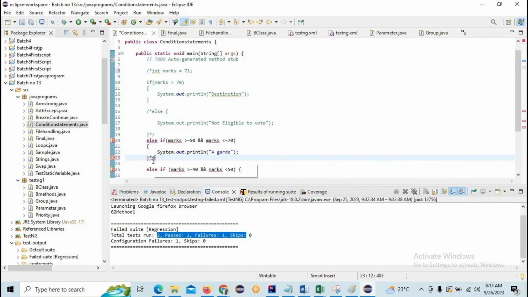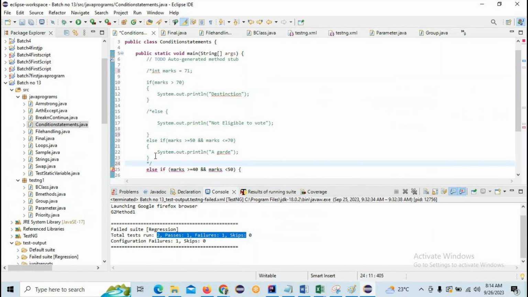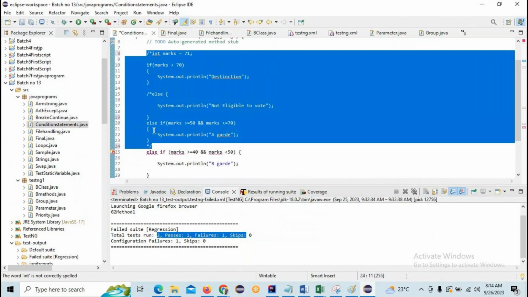Okay, so it's not commenting here because it is already commented. If you remove this one, then it is going to be commented here. So you can see this whole section, from here to here, the program won't execute it because all these lines are commented.